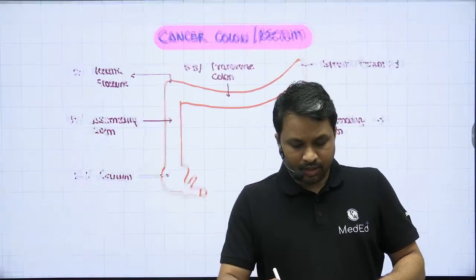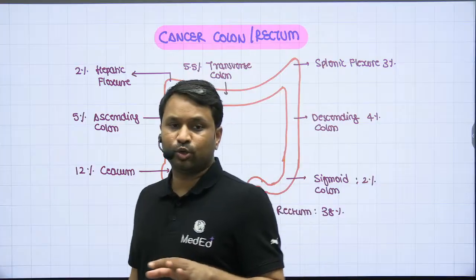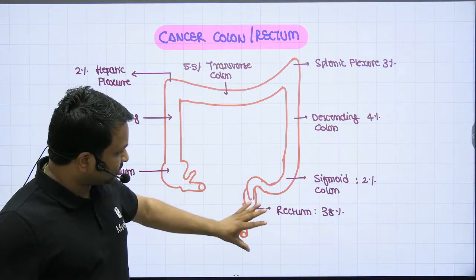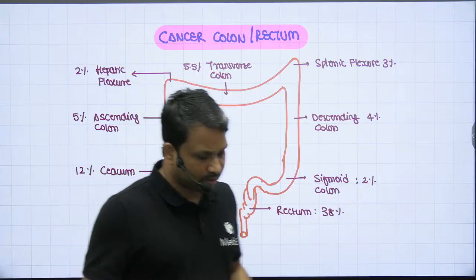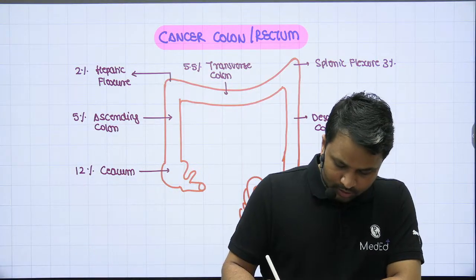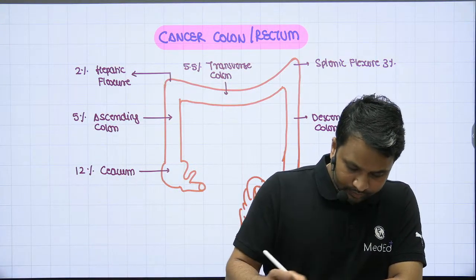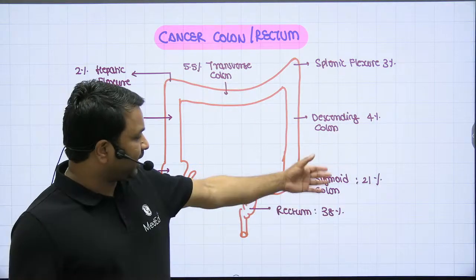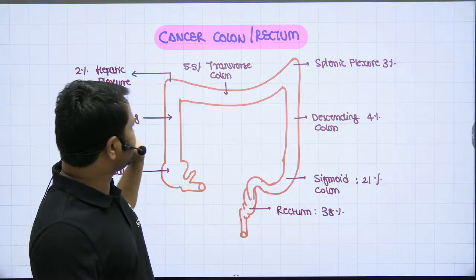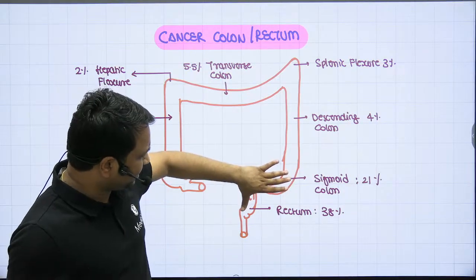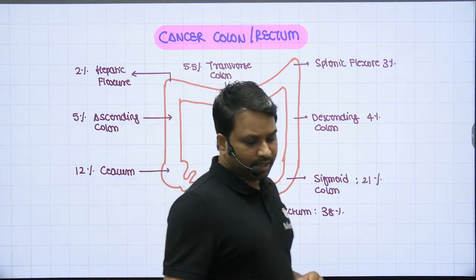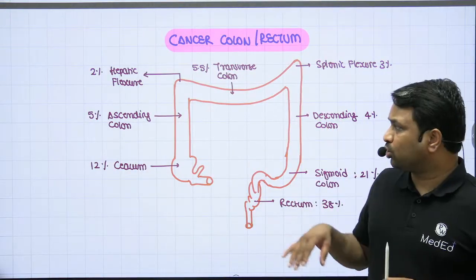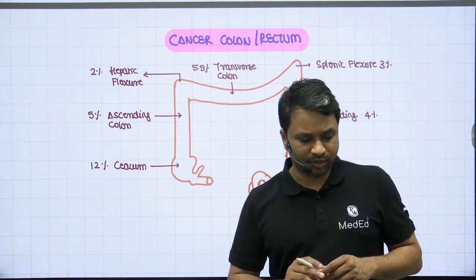Right. So you look at the whole arrangement, you will notice the maximum incidence of the entire colorectal cancer is around 38 plus 21%. The sigmoid colon is 21%. So almost 59%, about 60%, of your entire colorectal cancer is there in the rectosigmoid region. So this is where you will usually see it. So the majority of the times you see a colorectal cancer, they will present with left-sided colonic features, right?